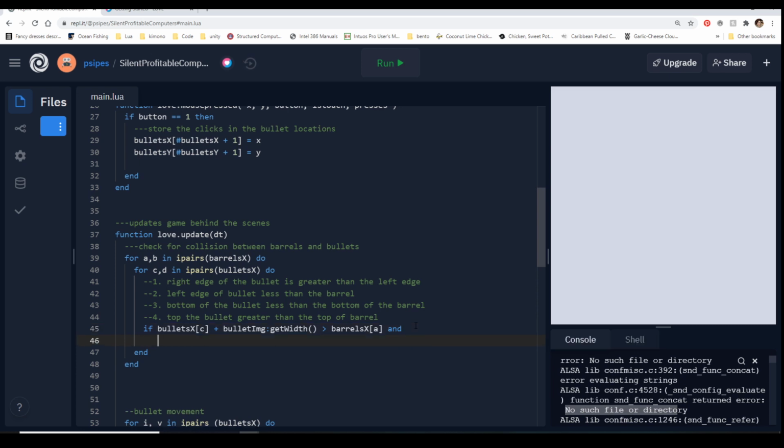Remember, because Lua doesn't care how you space, we can actually get these to be all nice and neat. The next one, the left edge of the bullet, so we know that's bullet x with index of c, with nothing added to it. We just need to get that left corner.